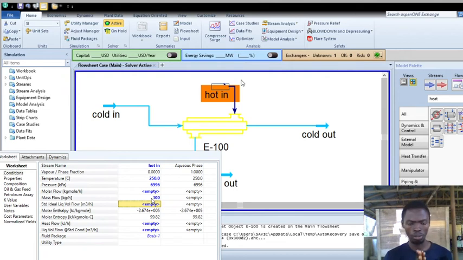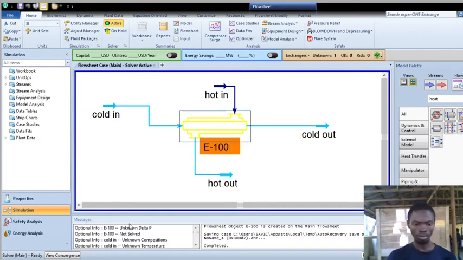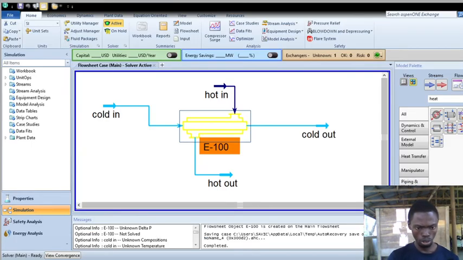When you hit enter, the stream is now fully specified. Now you can see the oil stream is fully specified. Now the next thing is, if you are doing anything in an inlet stream, you have to specify it, of course. But you can either do it separately or you can do it from your heat exchanger directly. How do you do that? Let me show you how you do that one.